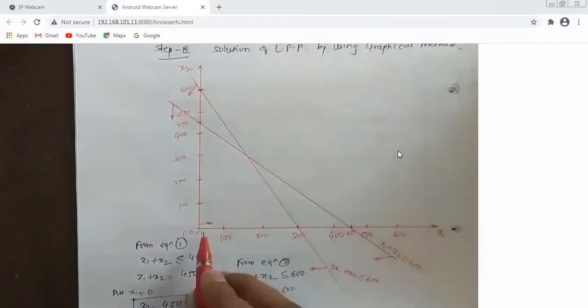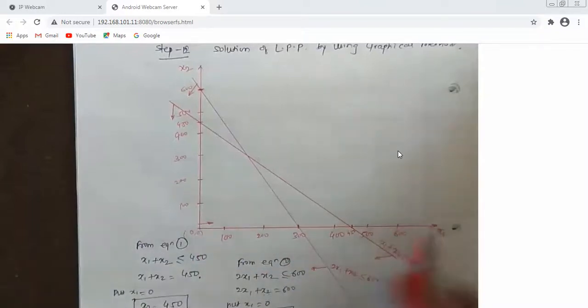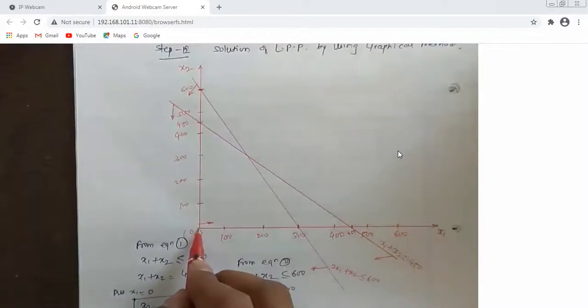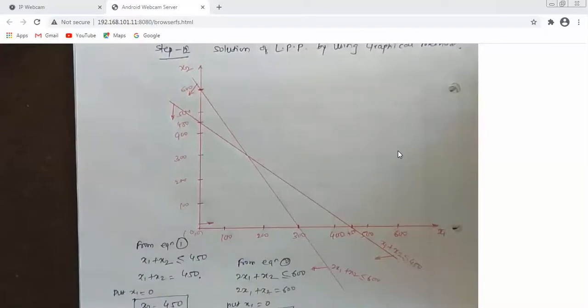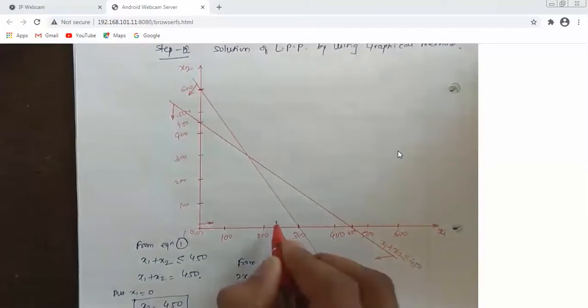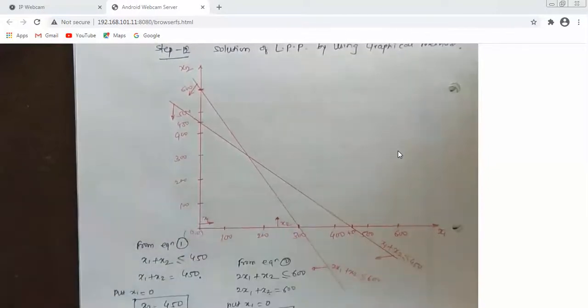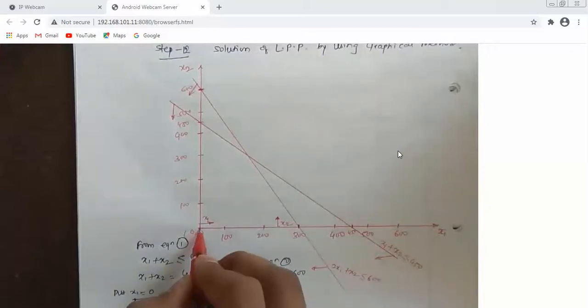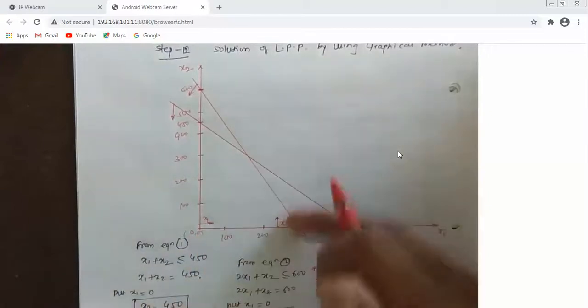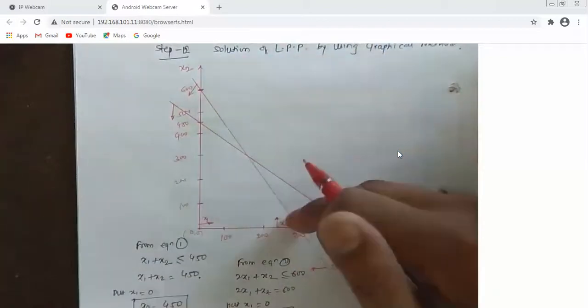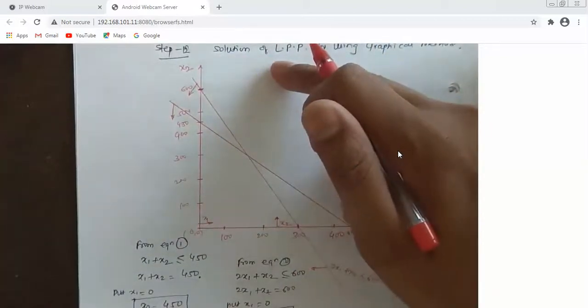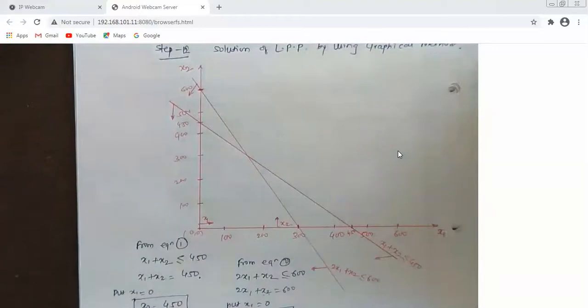So greater than 0, that means in this direction. So the value of x1 is either 0 or it will be more than 0. So the direction of the line is like this. Similarly, x2 is also 0 or greater than 0. So we are getting x2 in this direction and x1 in this direction. Means what? The x2 value will be either 0 or greater than 0. Greater means where? In the upward direction, because x2 is in the upward direction, that is in the y direction. Got it? Now we have to find the feasible region.